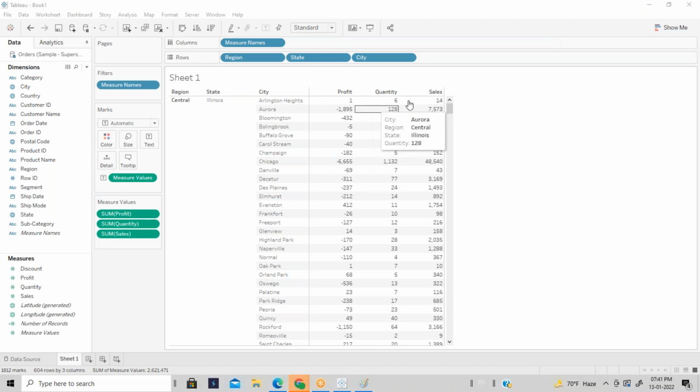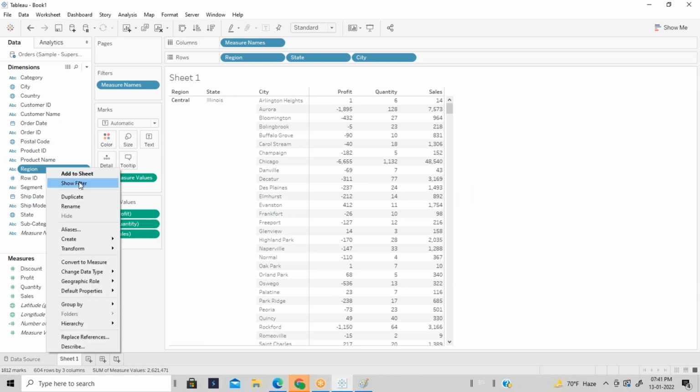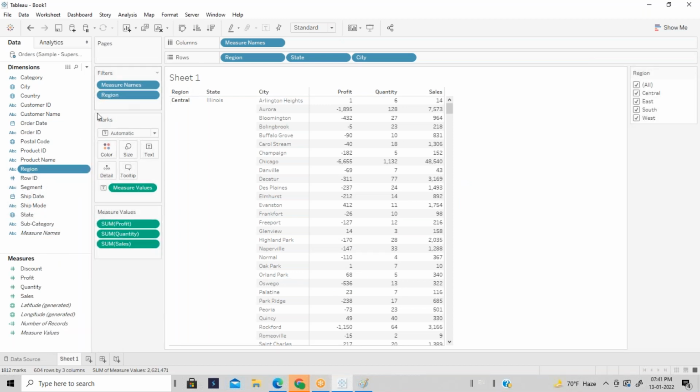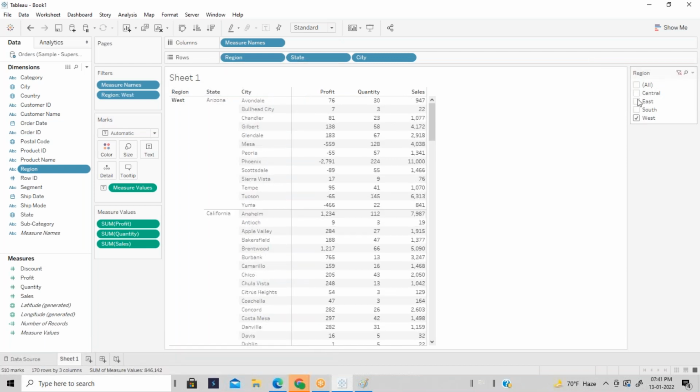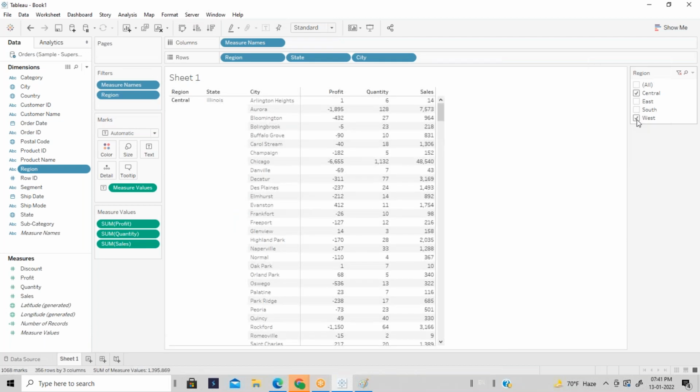Okay, fine. Now you can see there are different regions. If the user wants to choose their own data, right click and show filter. When you add it, the region is added to the filters, and the list you can see on the right-hand side. So the user can choose their own data, whatever they want to analyze.